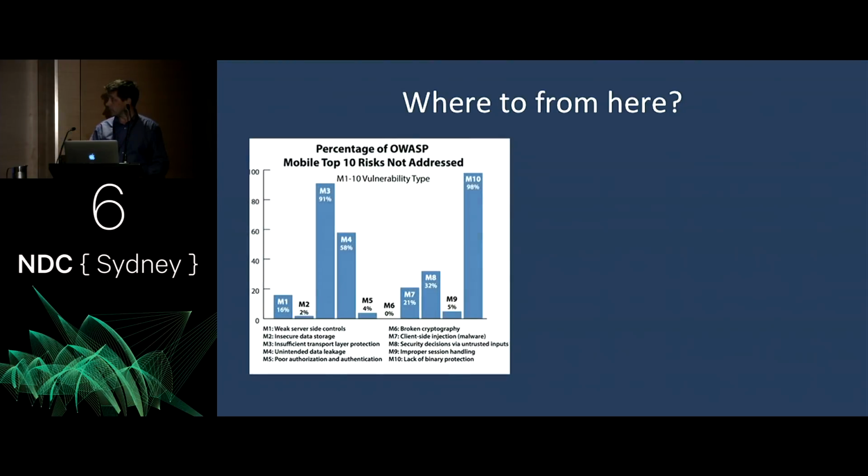I did want to bring this up as well. So this is again from Arxan. This is from the report that I mentioned earlier. And they looked at the items in that OWASP top 10 list that were most frequently breached. The report's from, I think, early 2016, I think I'm right in saying. But it's based on the 2014 list because that was the prevailing one at the time, because the newer one's still officially a release candidate.